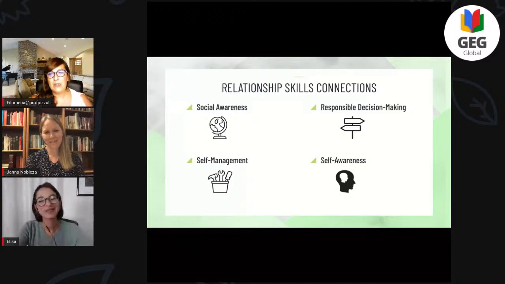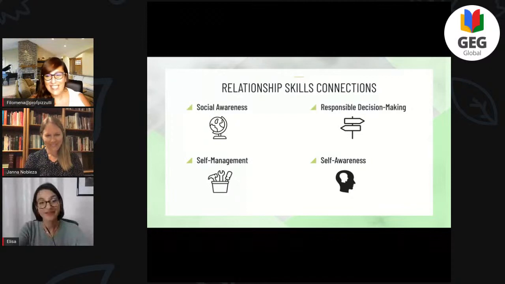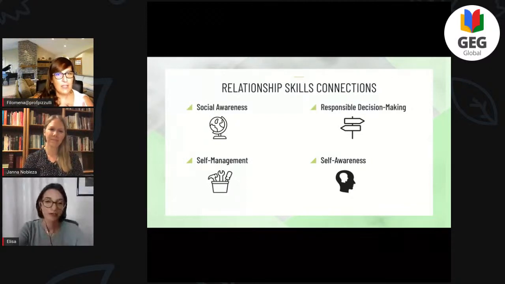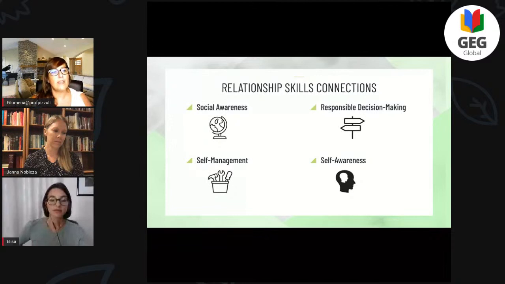So when we talk about relationship skill, we have to remember they are connected. We already said it maybe 5 times, but it's so important to understand. If you don't know yourself and you don't improve your empathy, you don't recognize if you are angry or sad, you can't relate in the best way with other people. And so social management and social awareness are so important to build up a relationship.